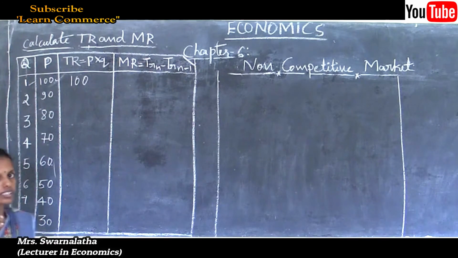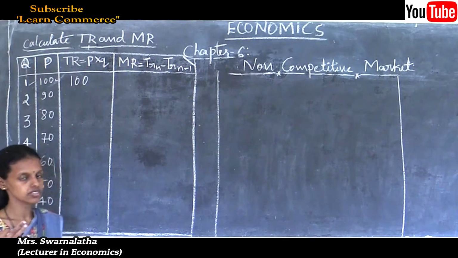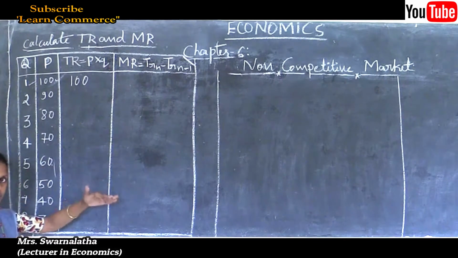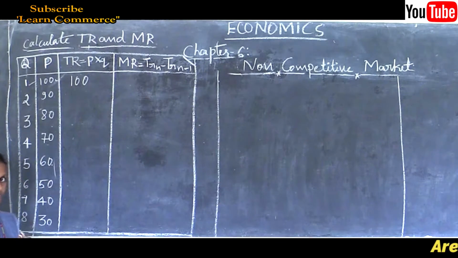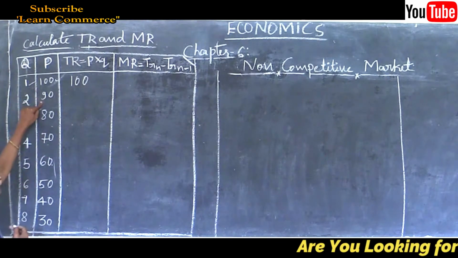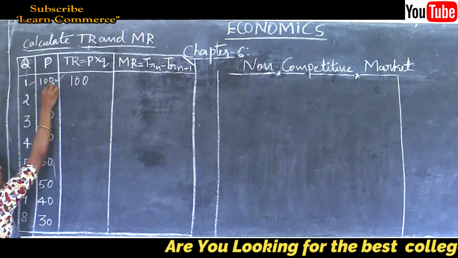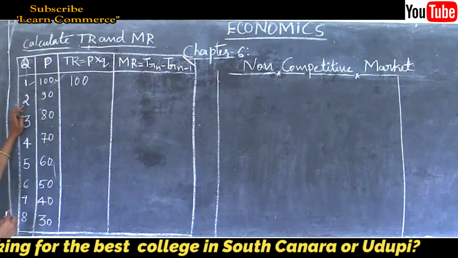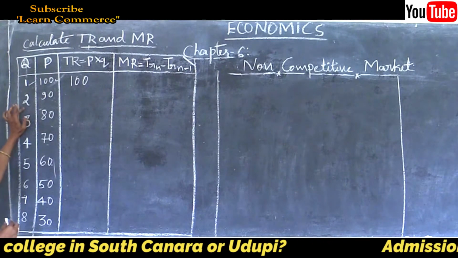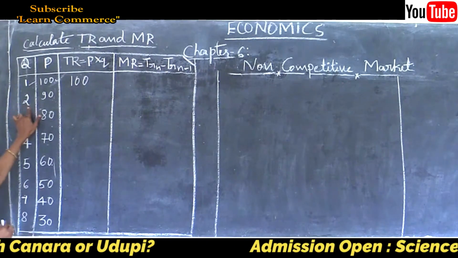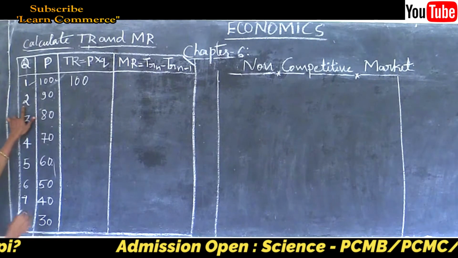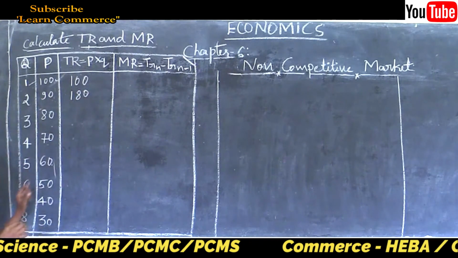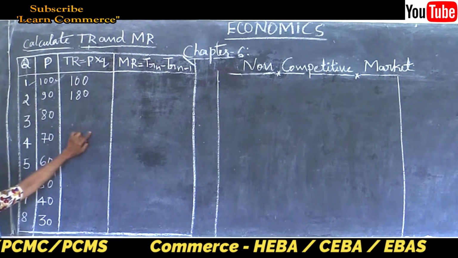Thus, for example, if 2 units of output are sold, it is with the price 90, because when the quantity of sales goes on increasing, prices will go on decreasing. Thus, as we studied, the demand curve is downward sloping. If the price decreases from 100 to 90, the quantity of production and sale also increases, that is 2 units. Thus P into Q, that is 90 into 2 is 180. Total revenue is 180 in the monopoly firm.